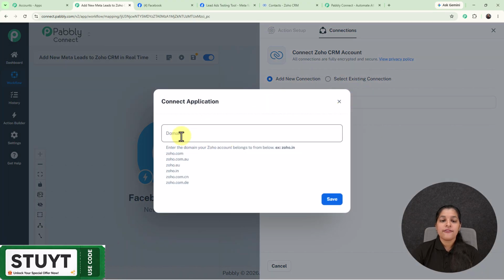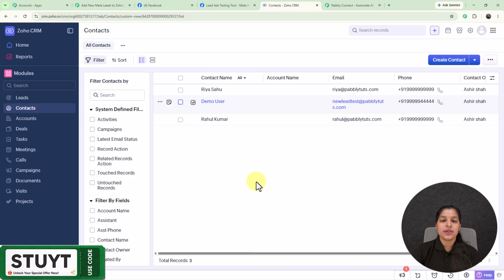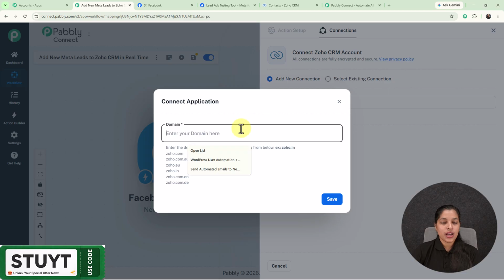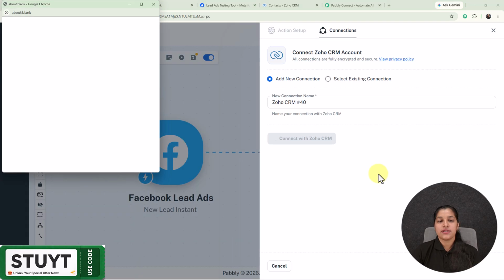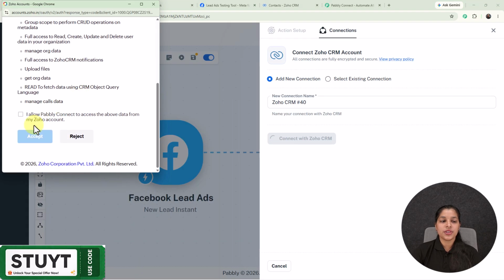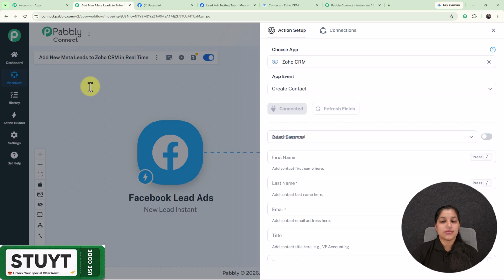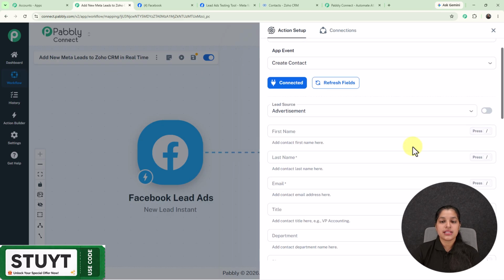And now we have to enter the domain of our Zoho CRM account. So right here I'm on my Zoho CRM account, where you can see that I'm successfully receiving this domain given over the search bar, that is zoho.in. So I'm going to add it to my Pabbly Connect. Now let's save it. And now here I'm going to allow the access as my data is 100% safe with Pabbly. And as I have clicked over this accept button, my connection has been built in